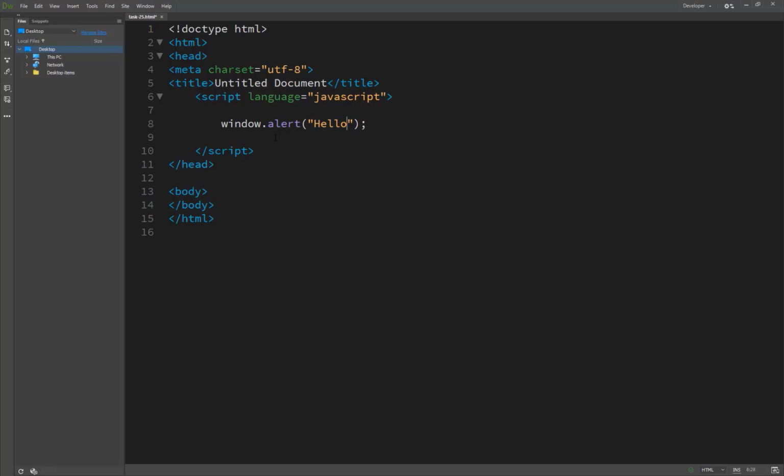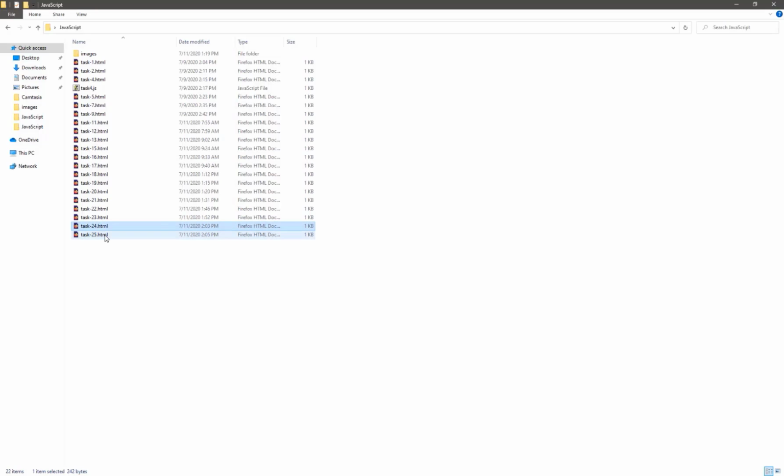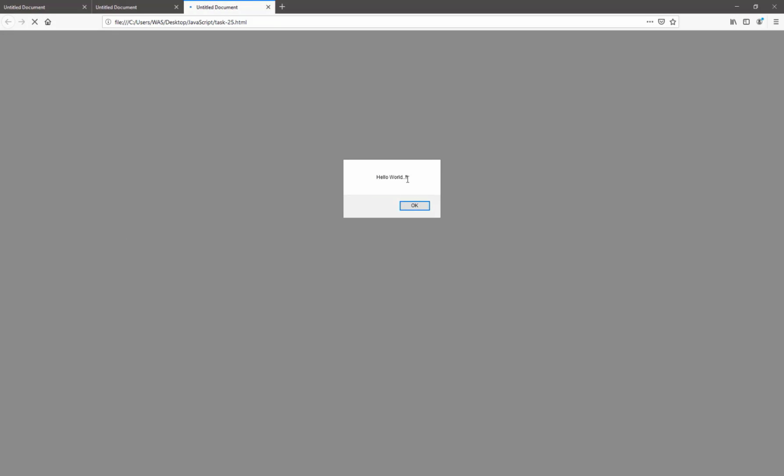Let's suppose hello world, and we save it as task 25. When we open task 25 you will get a message, hello world, with a single button, and whenever you refresh this page you will get this message.